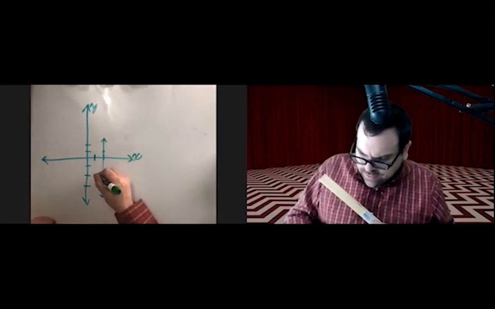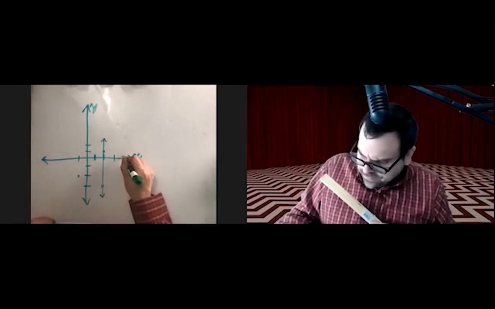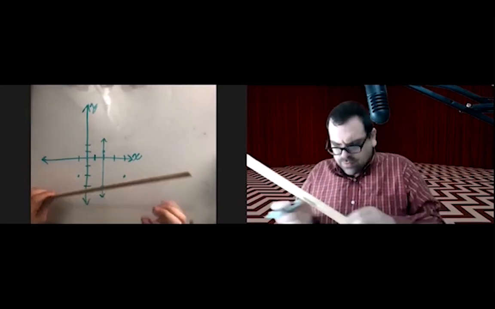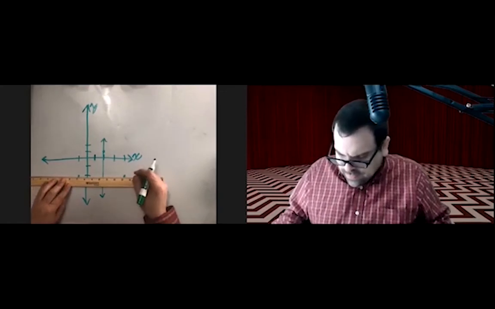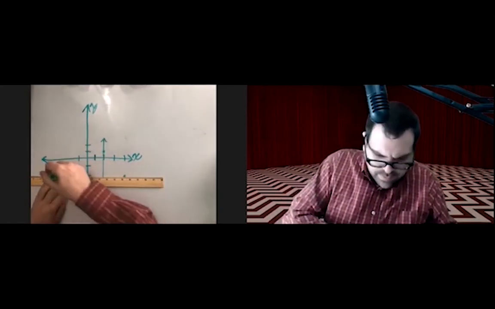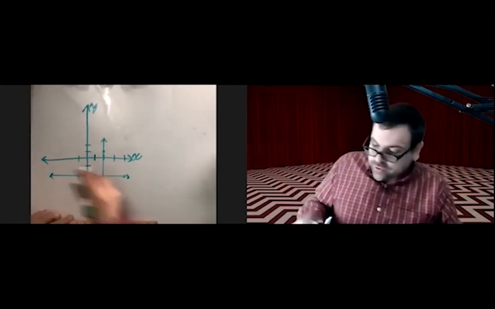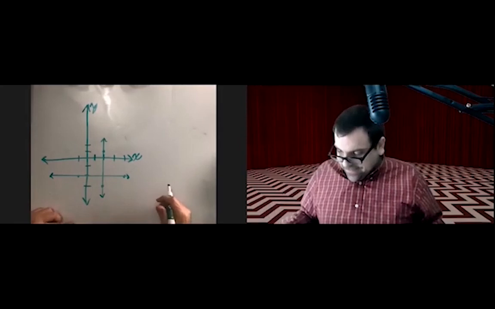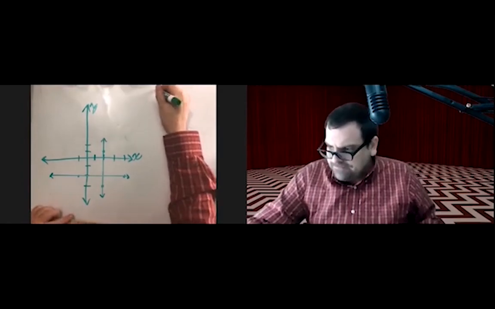And here are 2 points which make up a horizontal line. The 2 points for the horizontal line,